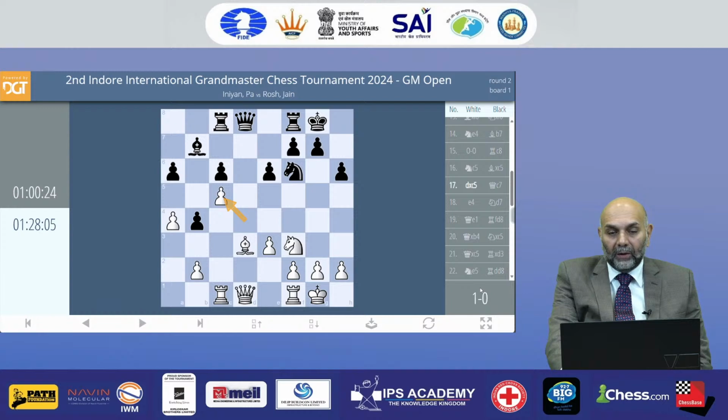What's important now is that the d file is open. White's rook is no longer powerful on c1, but the d line will be the crucial access point for white pieces, as black will have to struggle defending the queenside pawns, and white would have free movement compared to black, owing to the bad position of the black bishop, which is not likely to take part in the game.